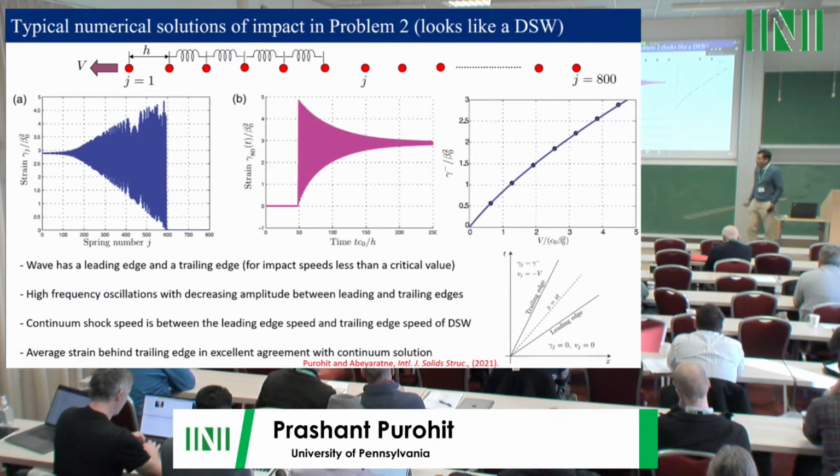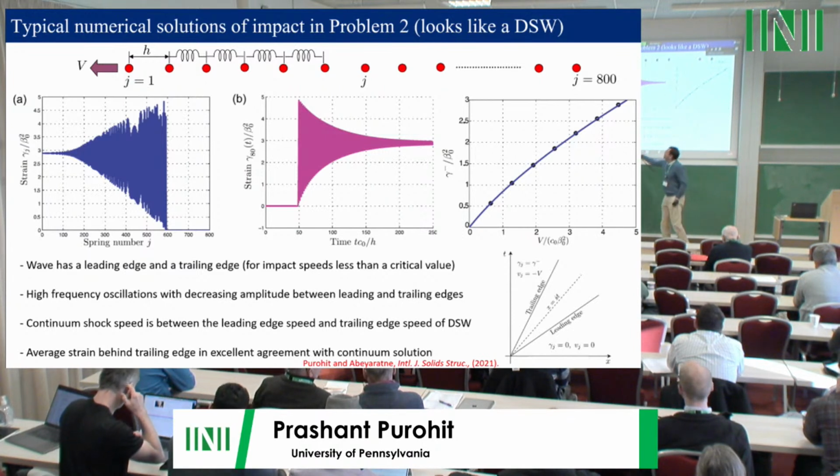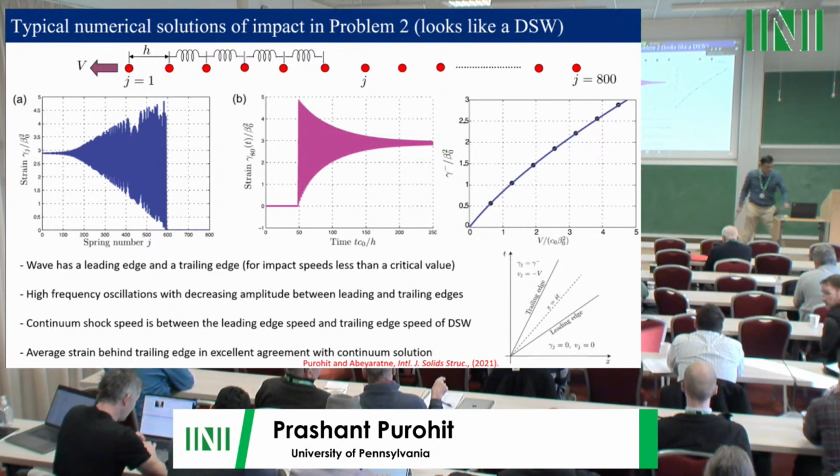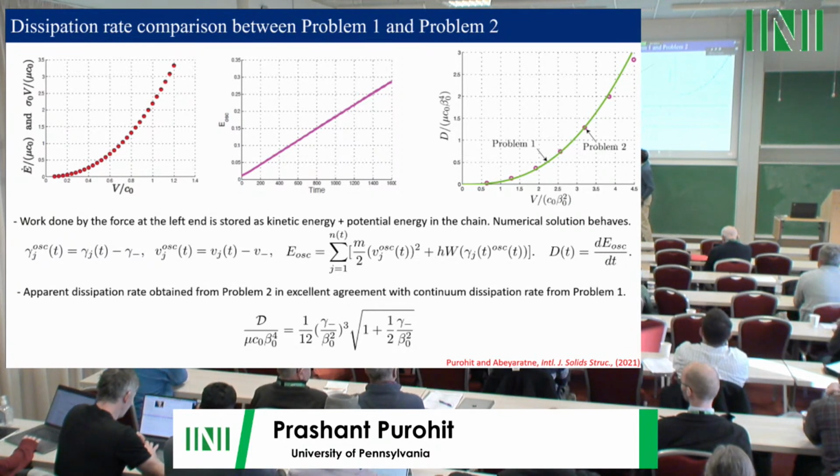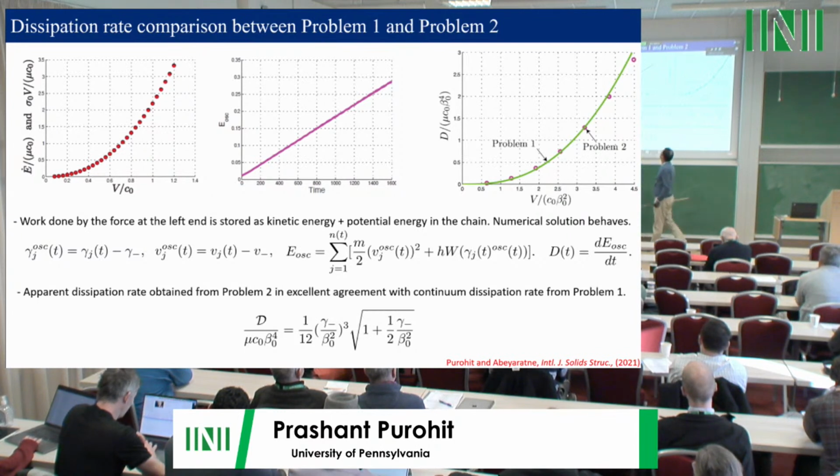Very good. So now we want to understand these oscillations a little better. And remember, my focus is on dissipation. So that's what I am going to do next. First, I make sure that the system is, in fact, conserving energy. So the red dots may be the work that I'm doing at the end, and the black circles are the potential and kinetic energy stored in the system. You can see that they're sitting right on top of each other.